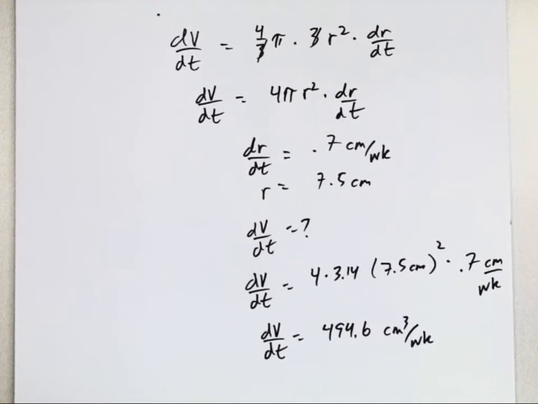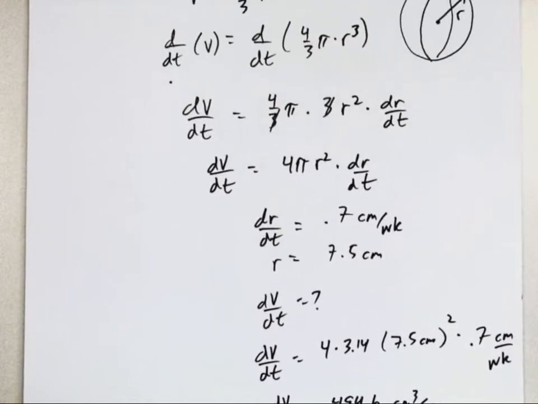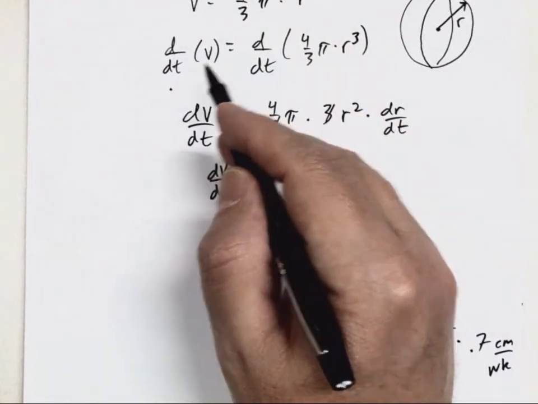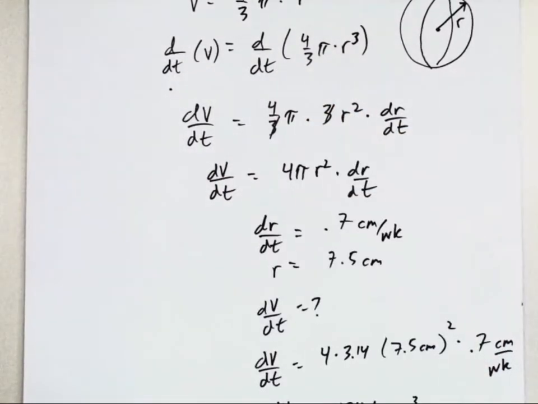All right, hopefully now you're seeing that these aren't that difficult. They usually give you the equation. You simply take the derivative of both sides of the equation with respect to time. And once you do that, then you go back and reread the problem and figure out all the information they've given you. And almost always, they're going to give you everything but one variable or one derivative, which you're then going to solve.